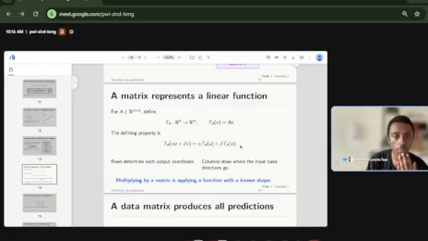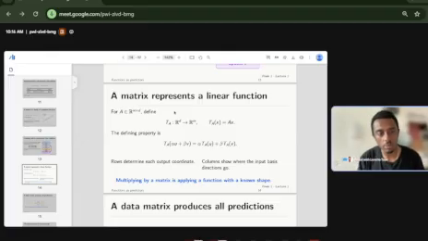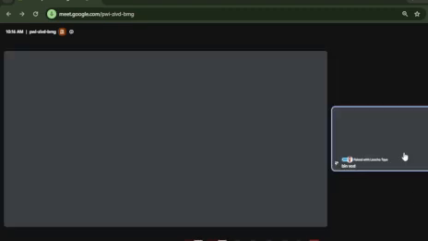Now, a matrix represents a linear function. So if you have a matrix A, let's say its shape is m by d. You have to be familiar with shapes. So m by d means m rows and d columns, don't forget. So if I give it a d point, like so,